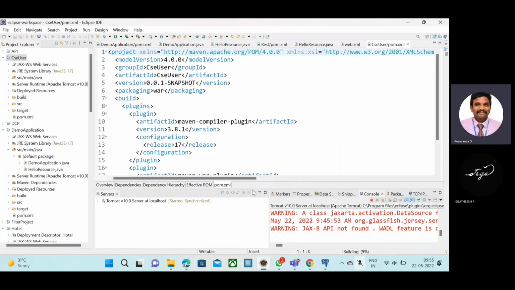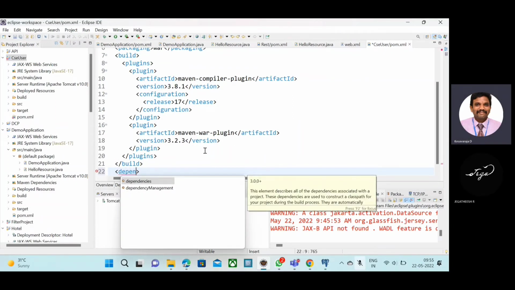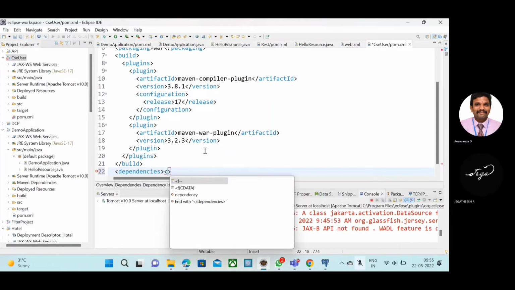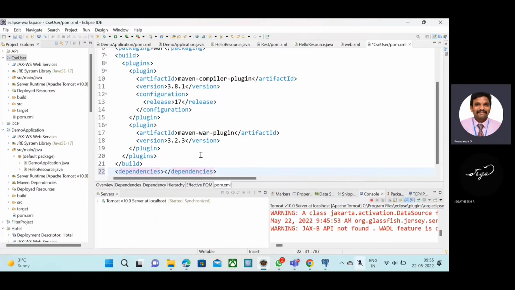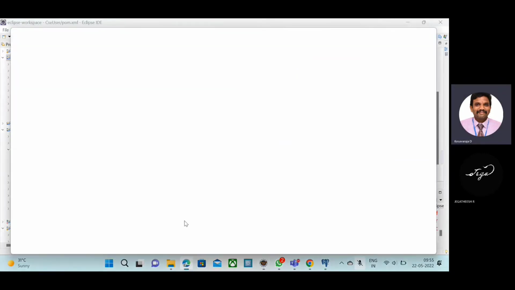Normally, a Jersey API needs 2 dependencies. So I will create the dependencies first. After the build, I will create the dependencies section. Inside that, I will add 2 dependencies. So I will search in Google for the first dependency, which is named